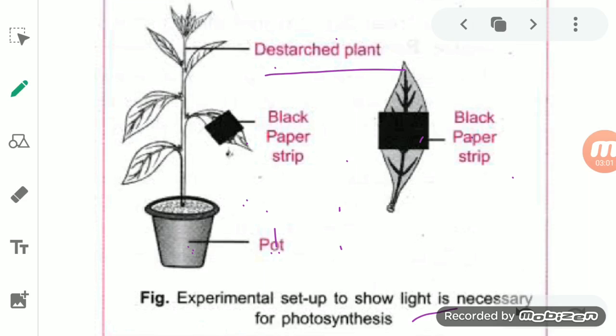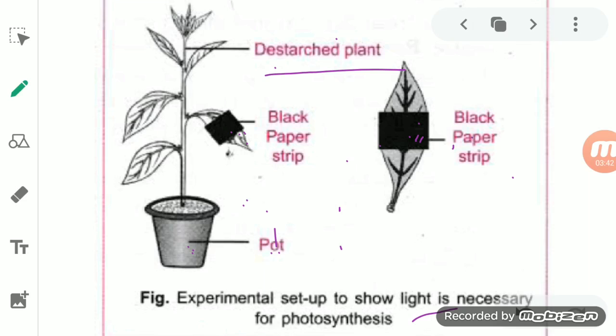Okay, so we will take a thin strip of aluminium foil and we will wrap one leaf in the center from both the sides. So we will wrap this aluminium foil over this leaf at the center. This aluminium foil should be fixed tightly to the leaf so that sunlight may not enter from the side. So we will take a leaf, we will wrap that particular leaf at the center of it with the help of an aluminium foil.